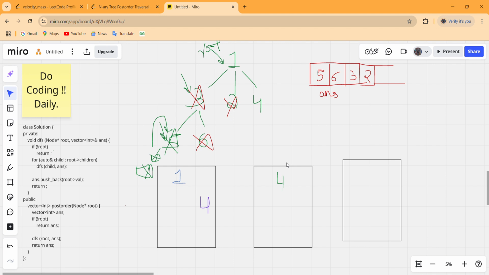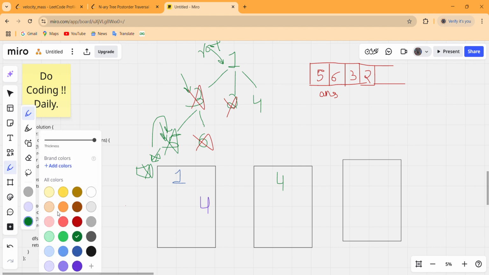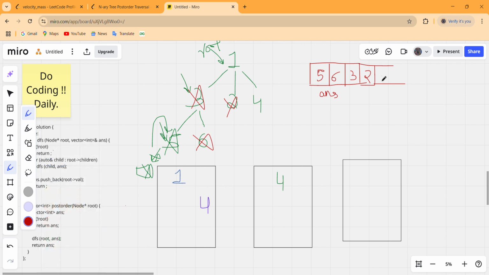So we will try to extract every child of this 4, and we can see that there are no children of this 4. So this for loop gets over and we have to push this 4 inside our answer. Now we have nothing left in the function, so just return to the parent call. So this 4 gets vanished.